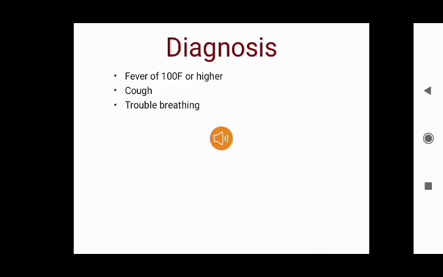उसके बाद जो नेक्स्ट स्लाइड है, वो है कोरोना वायरस डायग्नोसिस। इसके कुछ सिम्टम्स यहाँ पे हमने दिखाए हैं। फीवर हो सकता है 100 फॉरेनहाइट और हायर, कफ हो सकता है और ट्रबल इन ब्रीथिंग। और इस कोरोना वायरस को डिटेक्ट करने के लिए हमारे पास एक टेस्ट है, स्वैब टेस्ट, जो कोविड-19 की डिटेक्शन के लिए मोस्ट कॉमन मेथड है।